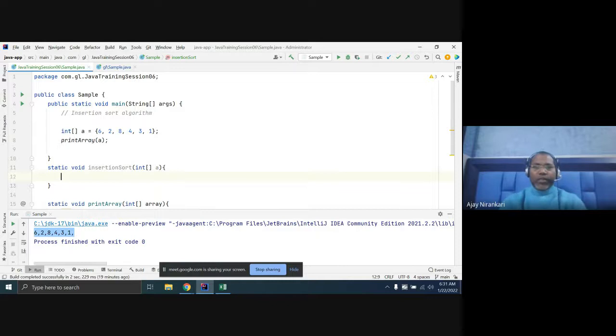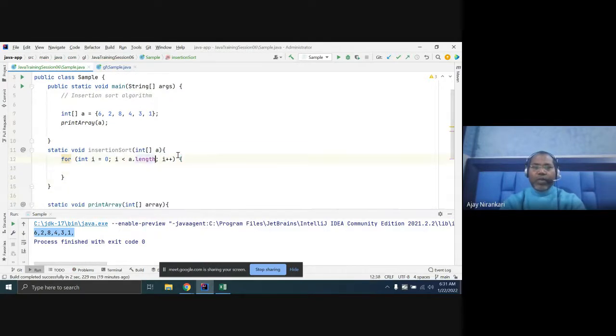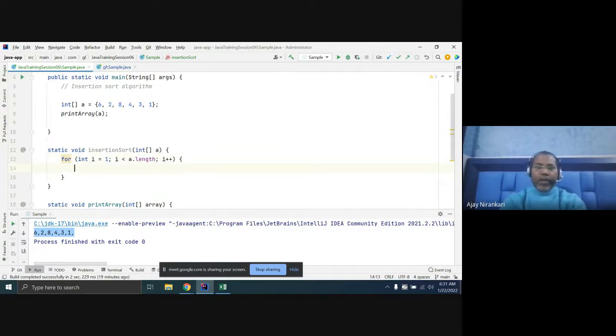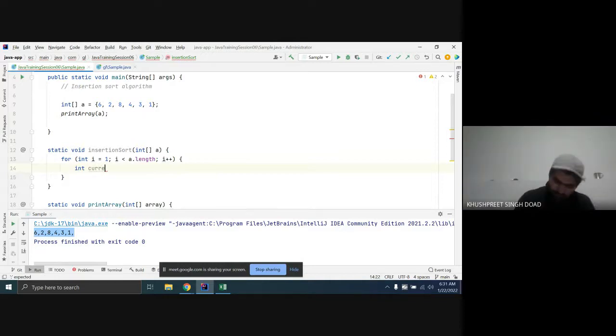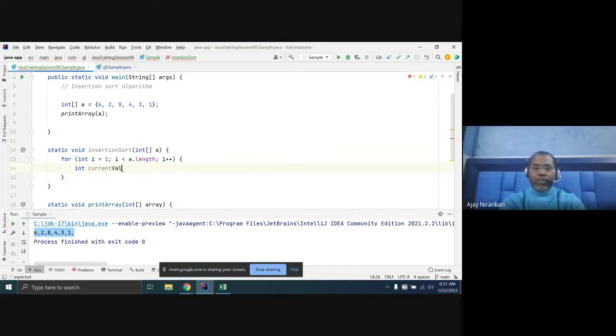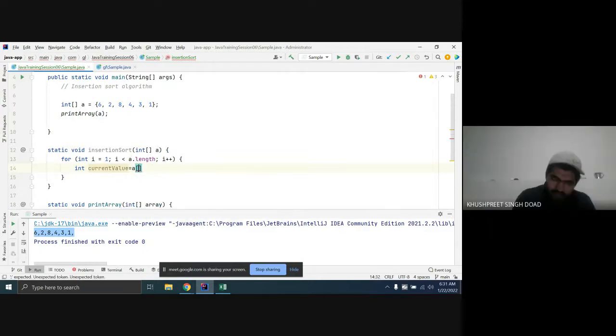First, we have one loop, for i from 1 until a.length. You have to start the loop from the first position. We need another variable, first the current value, which is a of i.